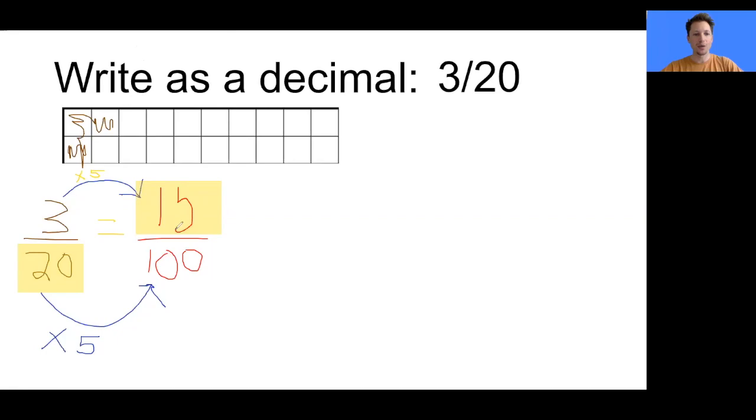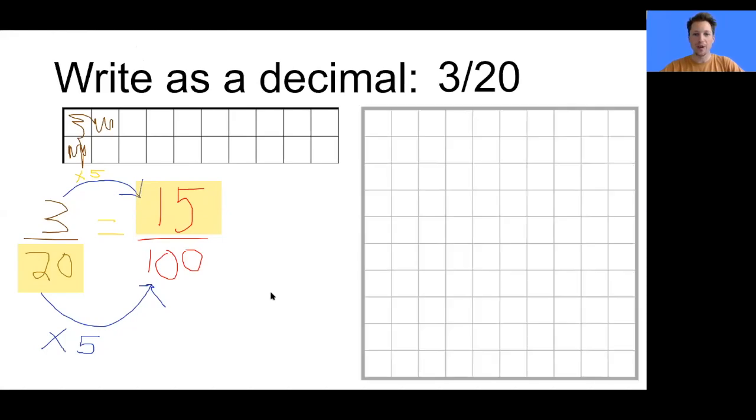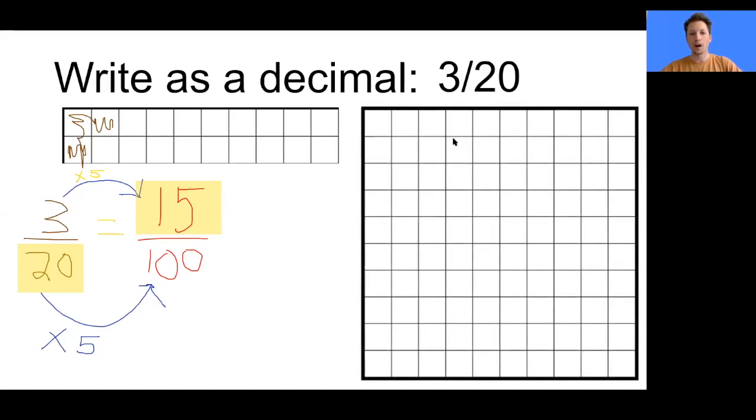And again, in order to really check and visualize better, what I recommend is using your math notebook or another piece of grid paper to draw a 100 grid, because we have 100, and then you can select or draw through 15 of the 100, 1, 2, 3, 4, 5, and as you will notice, 3/20 is the same thing as